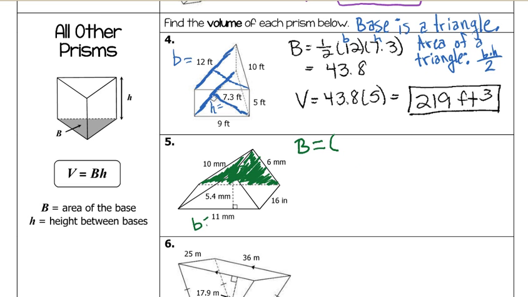So again, I'm not writing the units because this gets messy really quick. So we'll write that at the end. And hopefully by now you shouldn't be struggling with units of measure. Alright, so 11 times 5.4, a little movie magic. Again,